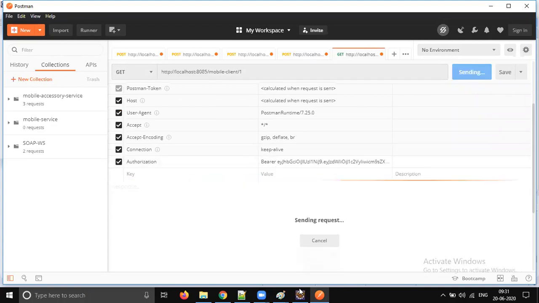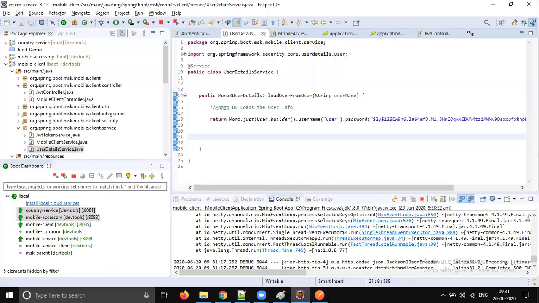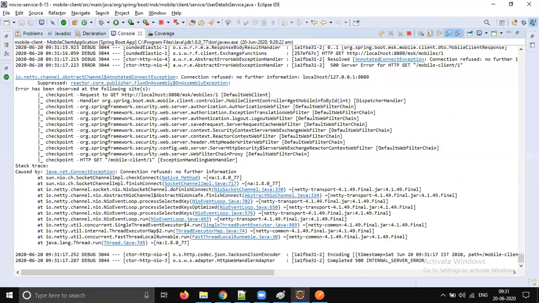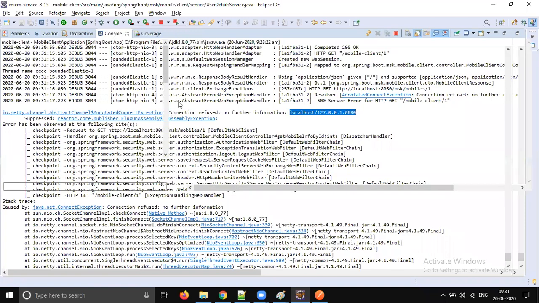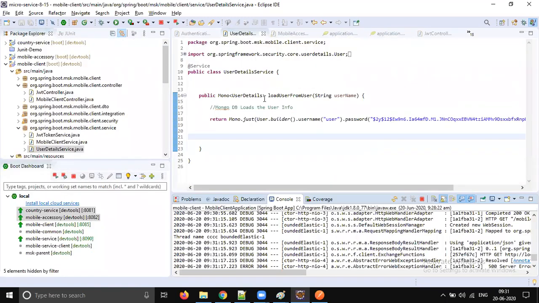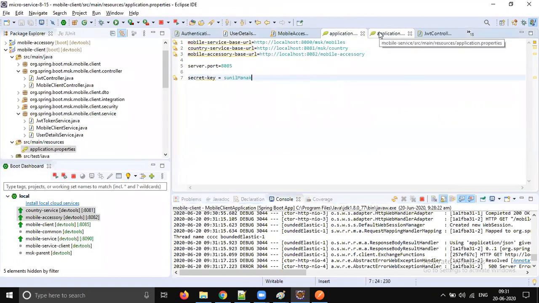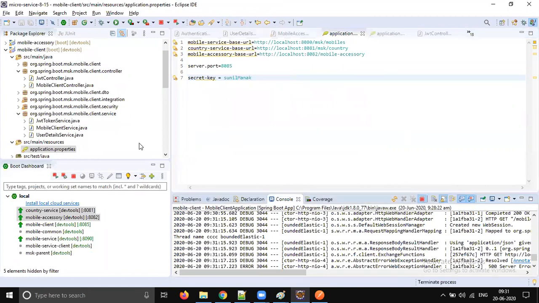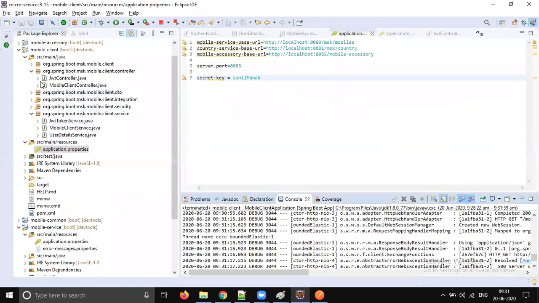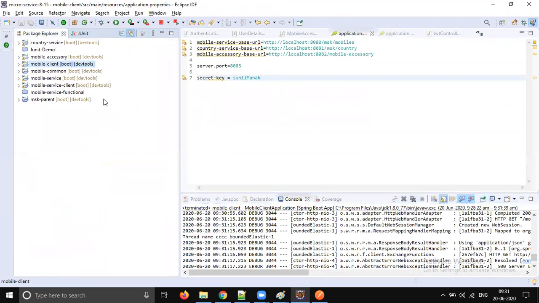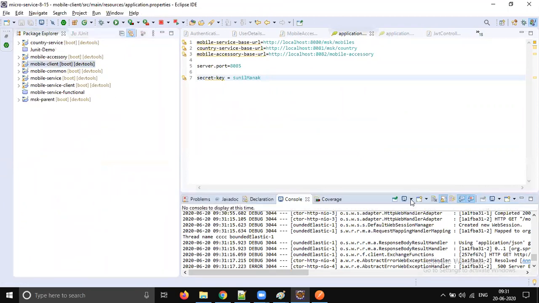You see there is some exception because 8080 is not running, right? So you will get an exception saying that it's not able to hit localhost 8080. The problem is when you change the port number or host name, which in the cloud is a common feature. So for microservices, hard coding URLs will not work. So then what should we do? Let's stop the client. We should write a service which can manage this URL hard coding concept, right?